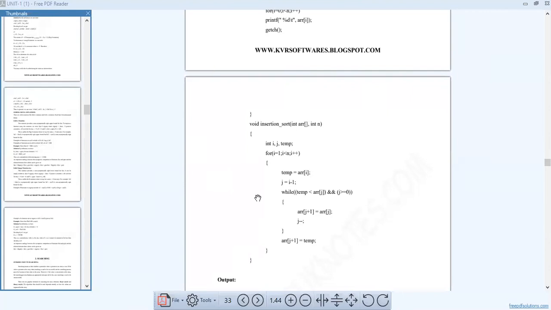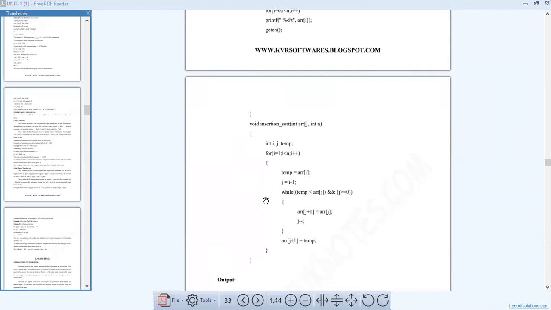Then only I'll move forward, otherwise I'll explain again. Okay, then see temp equals array of I. What does it mean? Here, what is the array of I? Array of I is the value here. Temp equals value, we are assigning both.